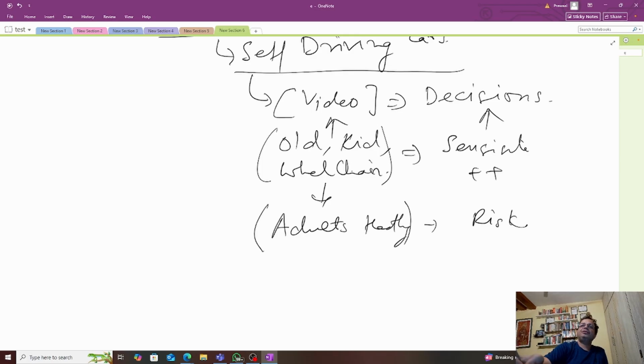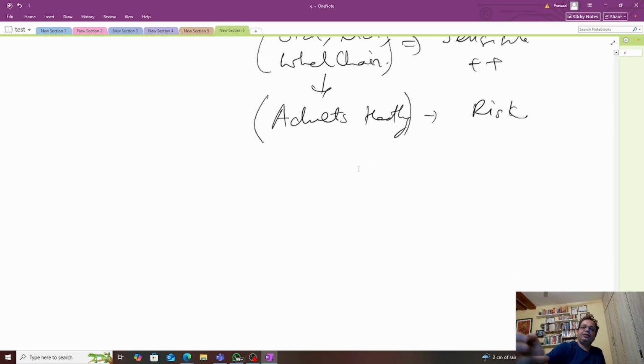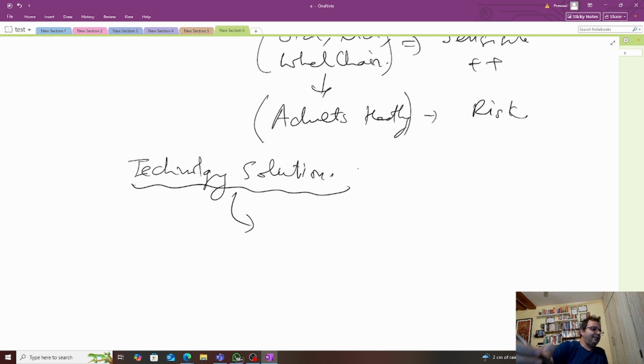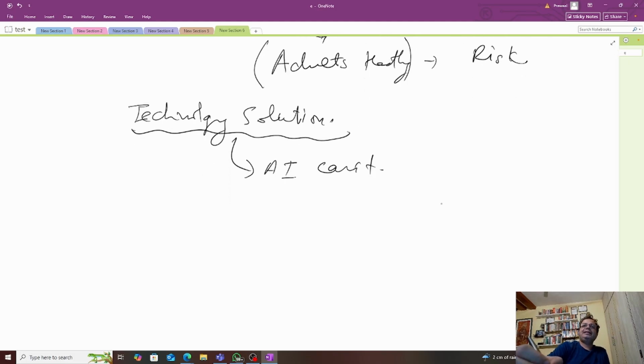So these are some kinds of decisions that the architects or the leadership need to take, where it can be decided what is a higher priority and what is going to help in the larger scheme of things, from their business perspective, their reputation perspective, etc. There can be technology solutions to mitigate some of these ethical biases, but there is a rule of thumb that I read somewhere: even if you create a technology solution which can catch the bias and fix it, AI can't fix a problem that it created in the first place.